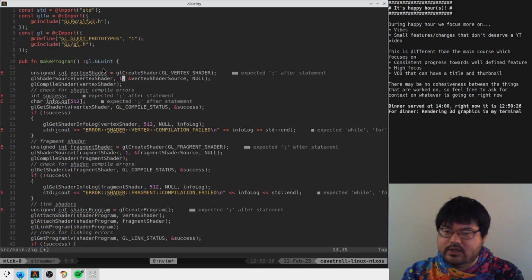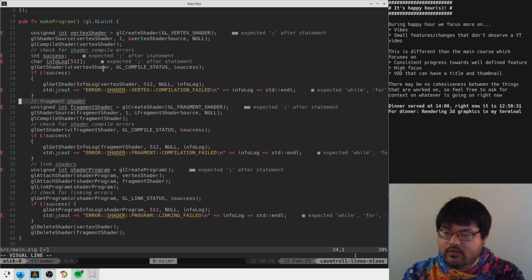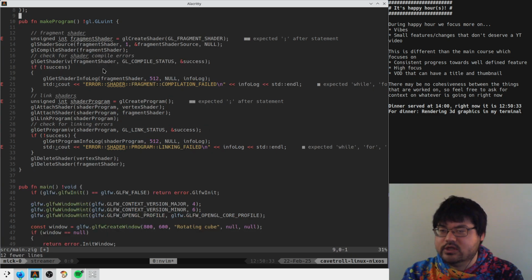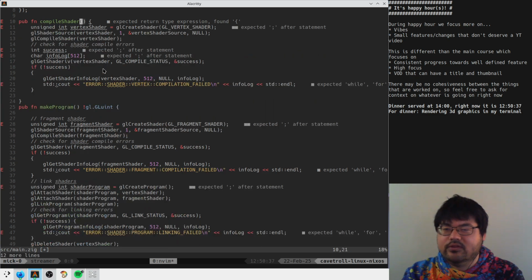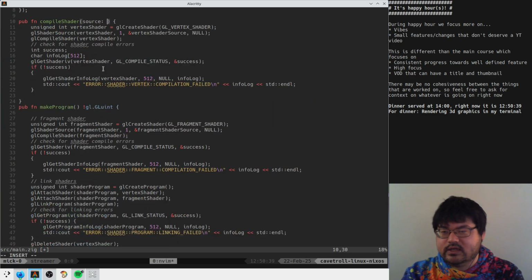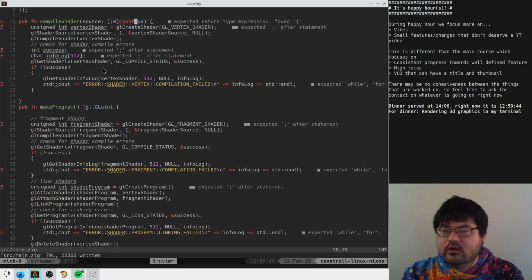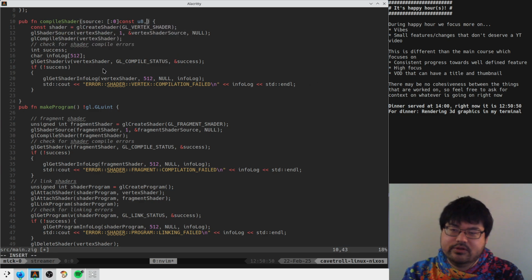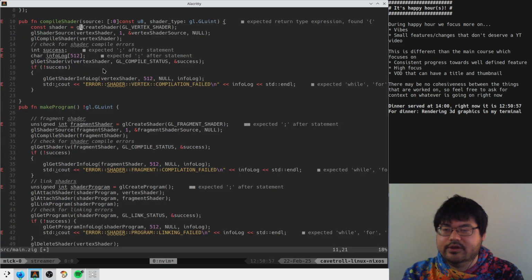And I think we probably split out this part into compile shader. And this takes in probably some source as a null terminated string. Then we make this look more like Zig. So this is our shader. We probably want the shader type as well. So this becomes